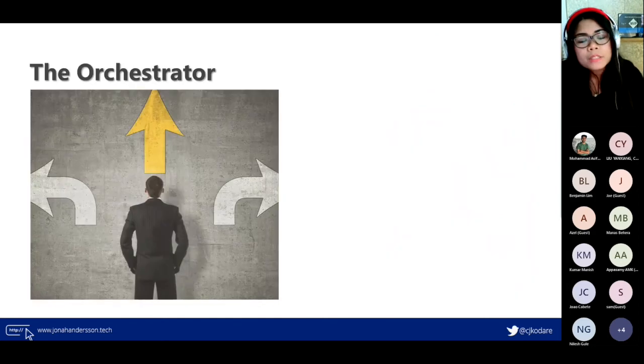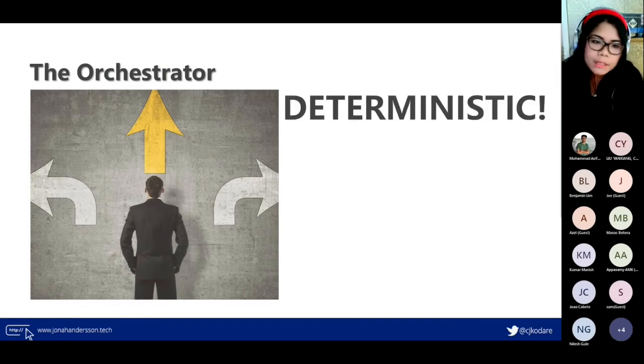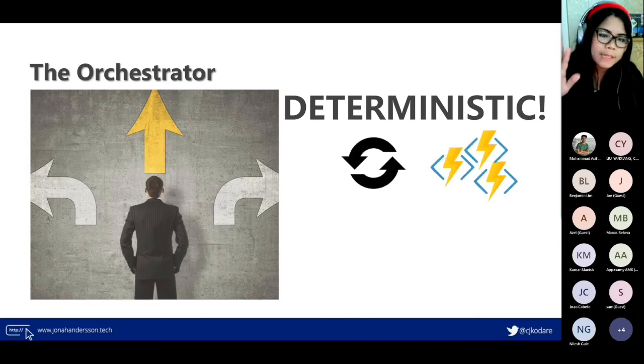And orchestrators of all types play an important role in developing durable functions, because they need to be deterministic. Why is that? It's because the workflow will be replayed.